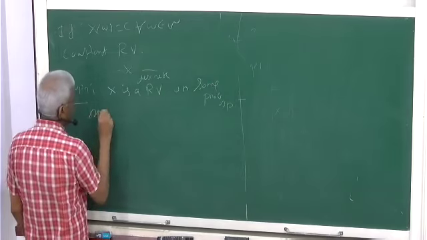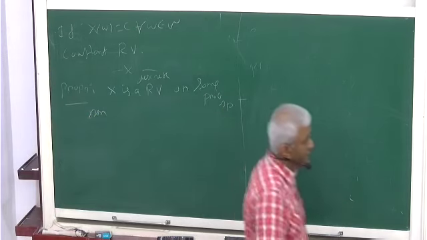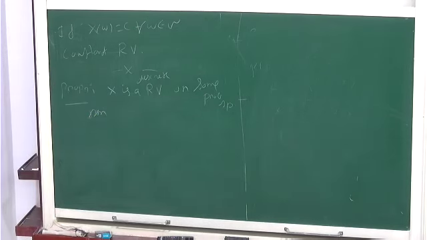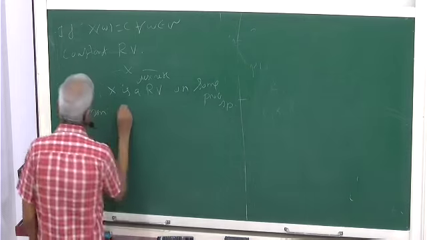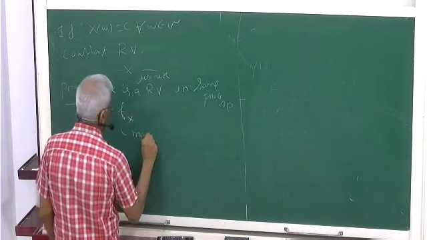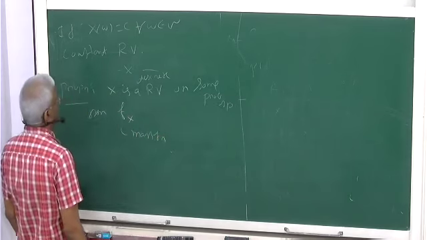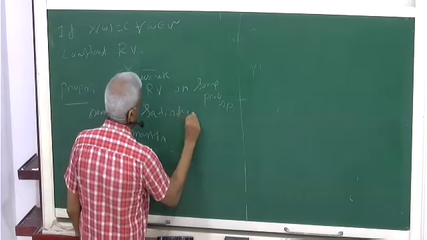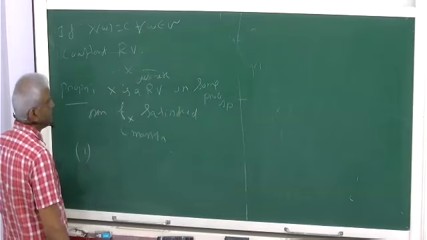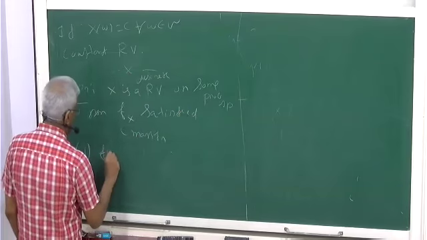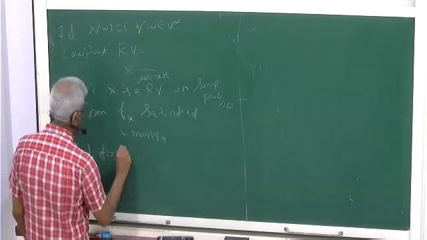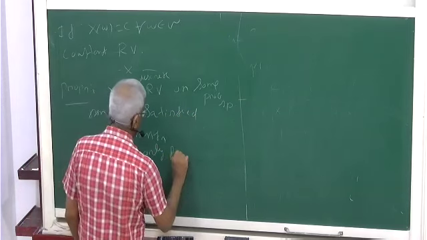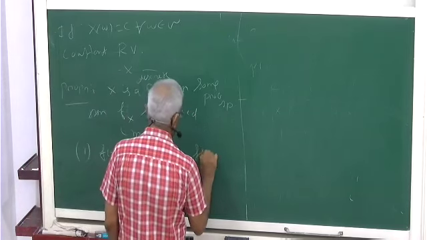Then the f we associate with that, if you want, you can put a suffix X. When it is clear, you don't need to. So f_X is the probability mass function. Then f_X satisfies the following properties. One, f of x is greater than or equal to 0, and f of x is greater than 0 only for countably many.